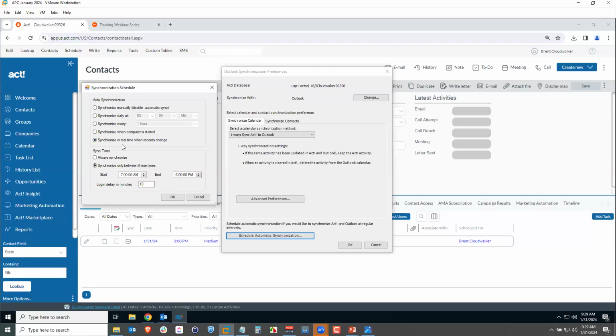But this could take up some of your processing power because it's always trying to synchronize records. So it just depends on which one works the best for you. If you set up any of the automatic synchronization schedules,